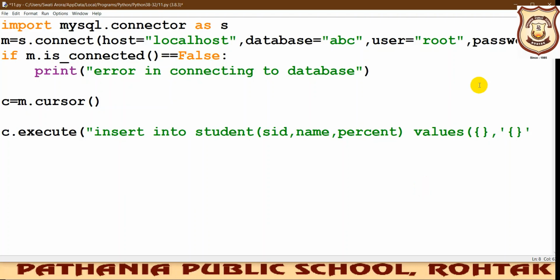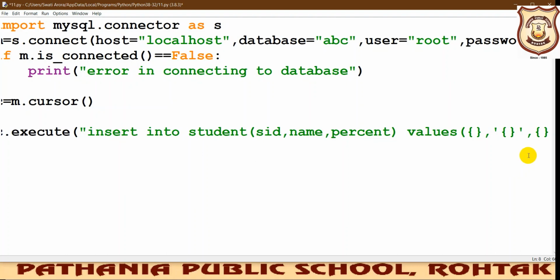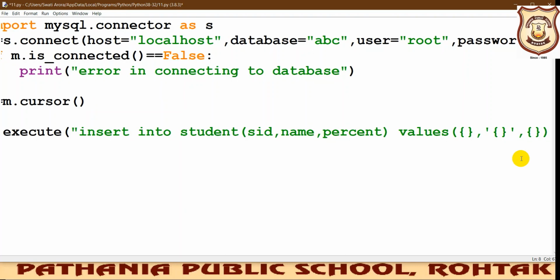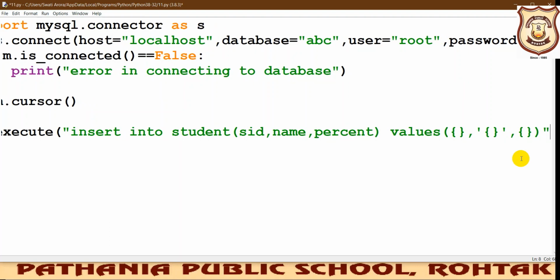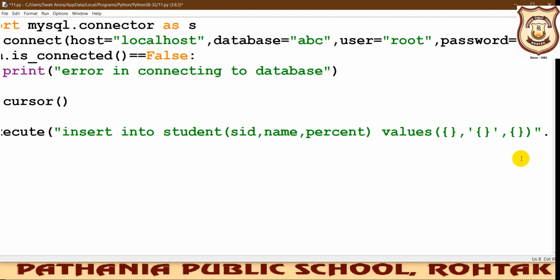Because the next value is a string type value. So for writing a string we must use the single quotes. Okay, then next is again curly brackets for the third one, that is for percentage. Okay, then you will close these round brackets, and then put double quotes, then write dot format.